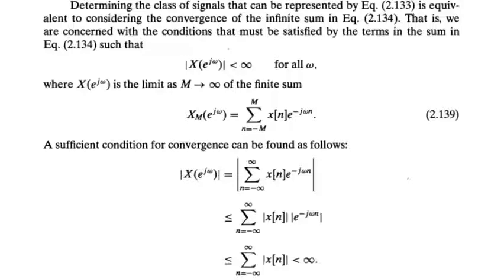Now here we will talk about the convergence of the Fourier transform. Determining the class of signals that can be represented by the equation in the previous slide is equivalent to considering convergence of a finite sum. We can say the Fourier transform is convergent as long as the magnitude of the Fourier transform is less than infinity. Okay, as long as the magnitude is less than infinity,